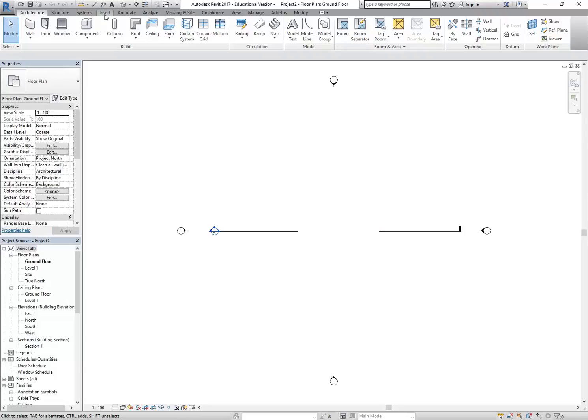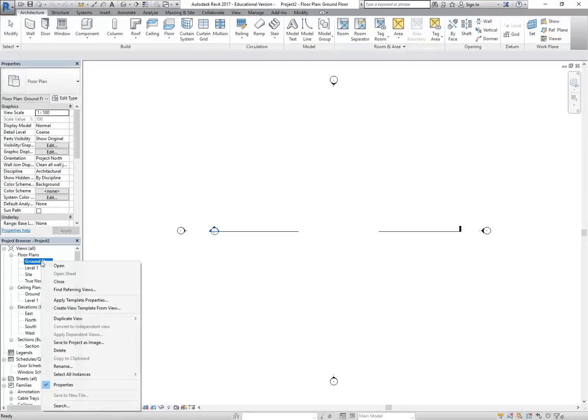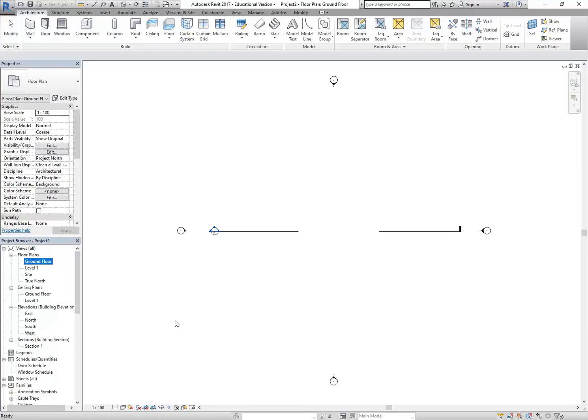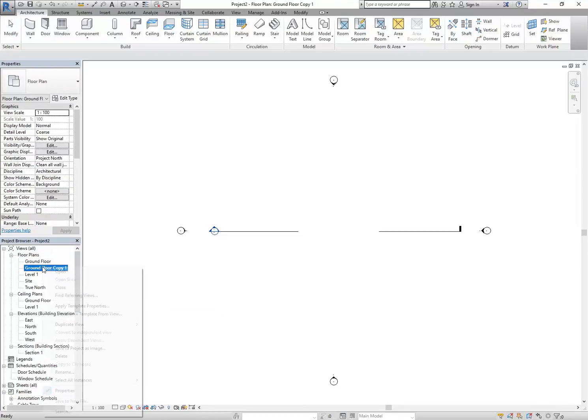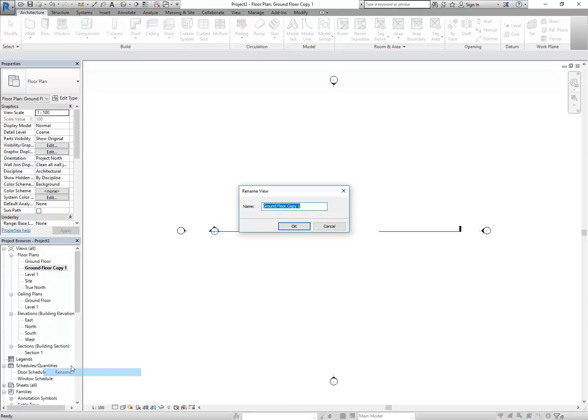Then I'm going to begin by duplicating my ground floor plan just by right-clicking on top of it and going to Duplicate View, and then Duplicate. Then right-clicking again on my new ground floor, copy one, I'll go to Rename, and we'll call this ground floor